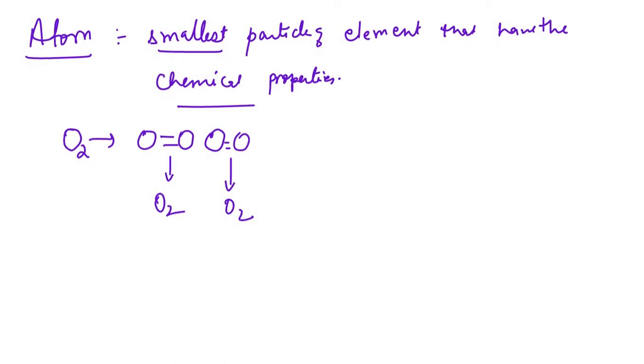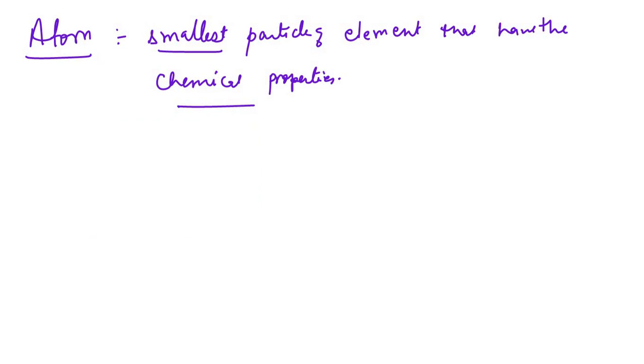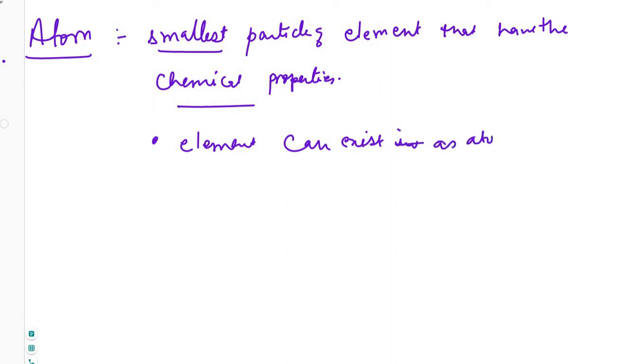So what I was talking about, that element can be present in the atomic form or molecular form. So you can write this as the second part: that element can exist as an atom or a molecule. So which are the elements which are present as just an atom? That is called a monoatomic